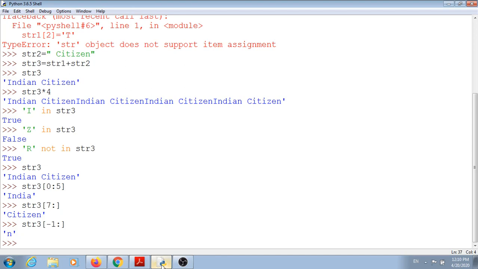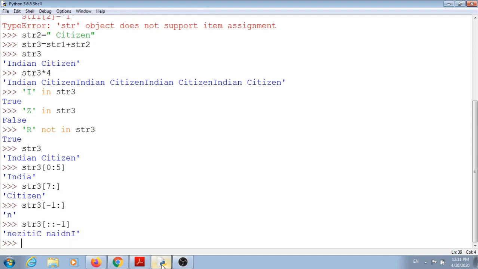If you want to access all the elements in the reverse order, then you have to write str of 3, then double colons and place -1. So all the characters will be printed in the reverse manner here.